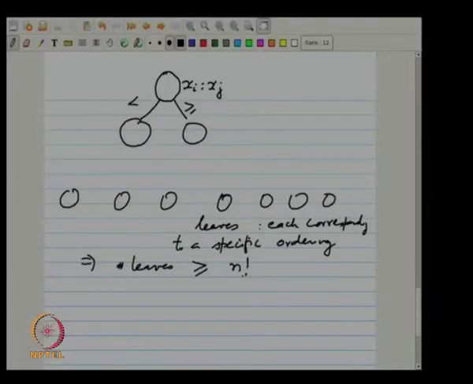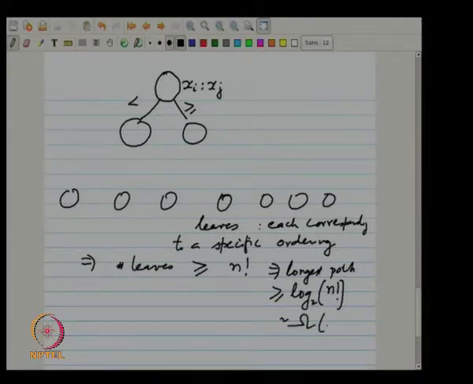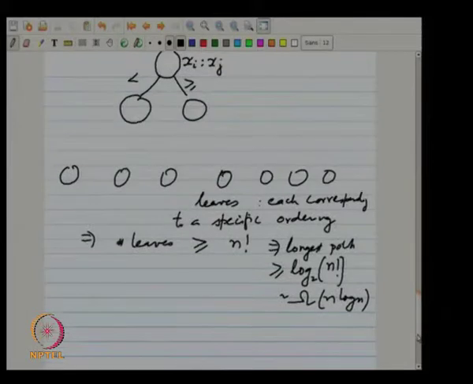So the number of leaves is greater than this, and this implies that the longest path in the tree is at least log of this, which is about n log n. So this is your basic argument for the lower bound for sorting,